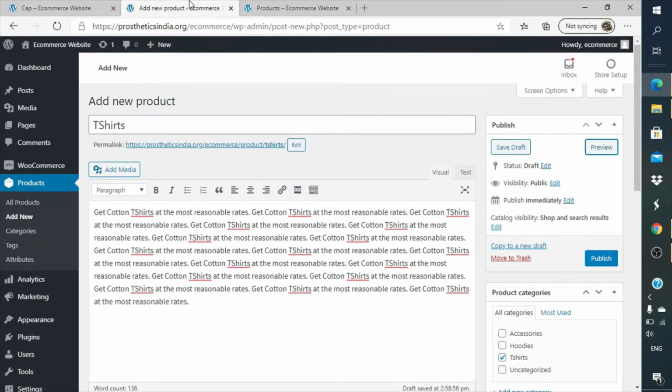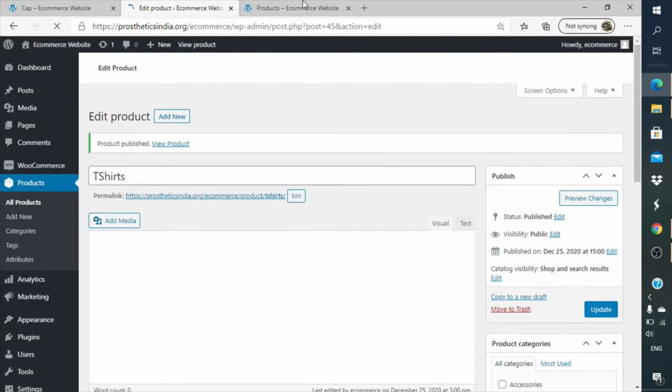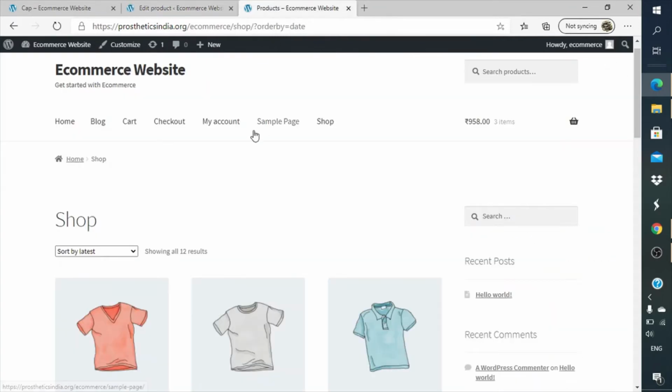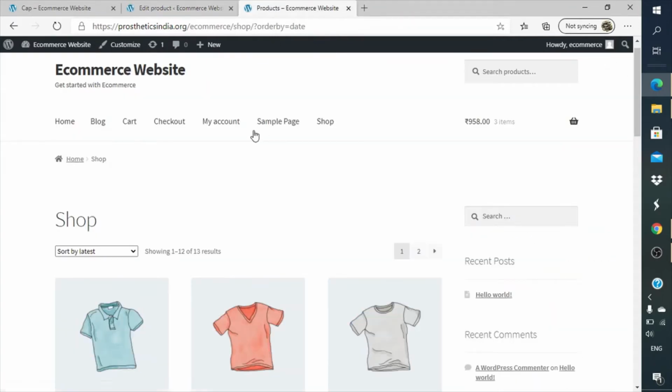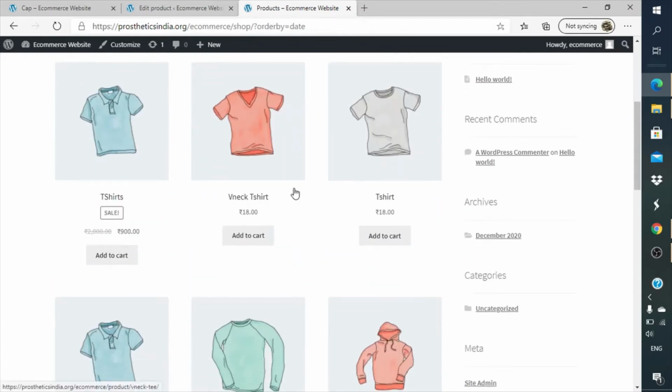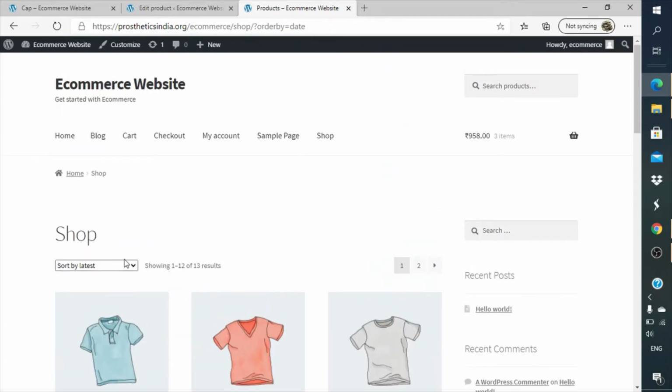Okay, I just forgot, we have not yet published this product. I'm so sorry about that. So I'll just click on publish, and now the product is live, and I'm sure we'll be able to see it here in the products. And if we just look at the latest, it is there. And if we just do the default sorting,